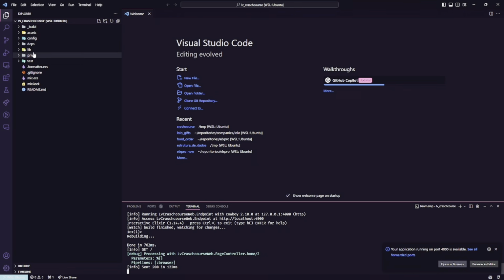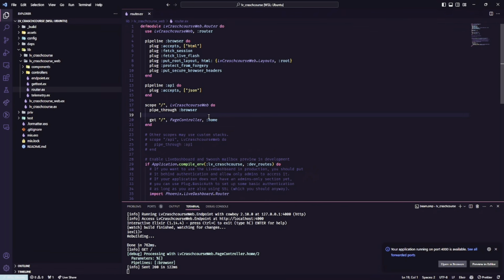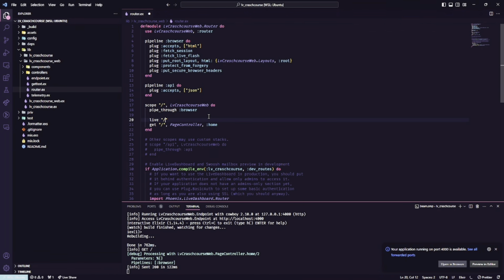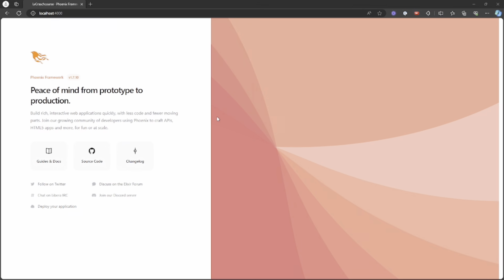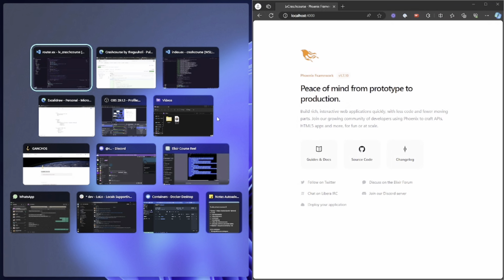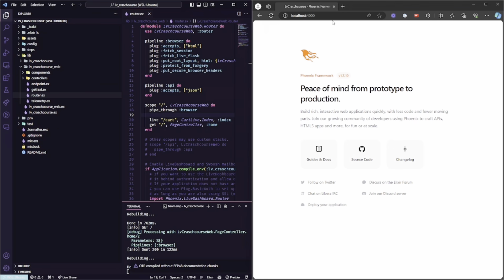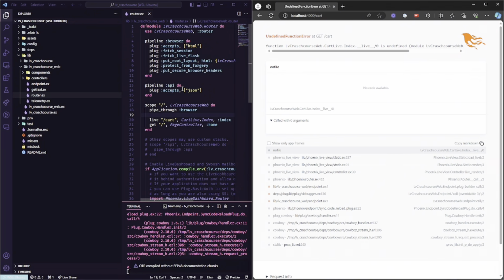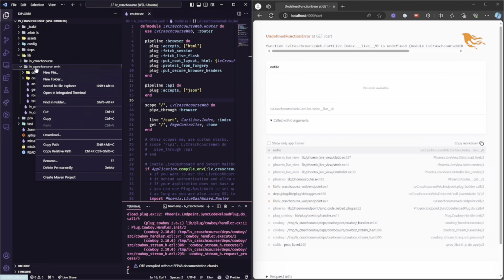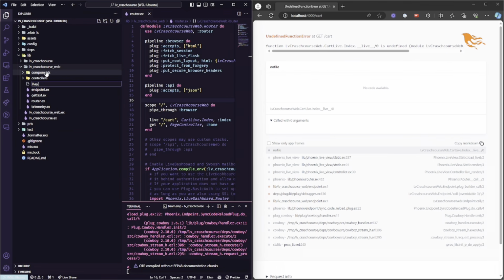How can you create a LiveView page? You can come over here to the live crash course folder, and then say live, cart, and cart live index. After this, let me make this more straightforward. You can come over here and say cart. As you can see, we don't have our page yet. What I'm going to explain to you is going to be enough. So you can come over here and say live, and then cart live